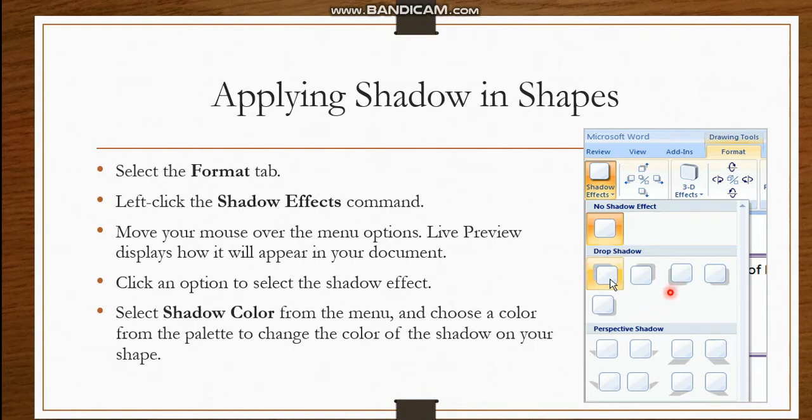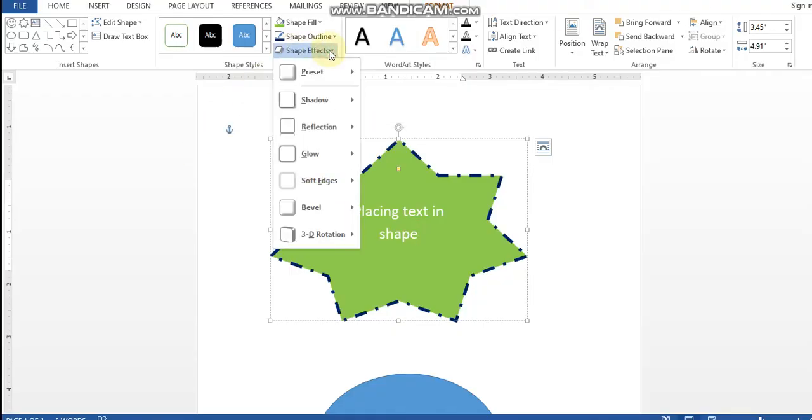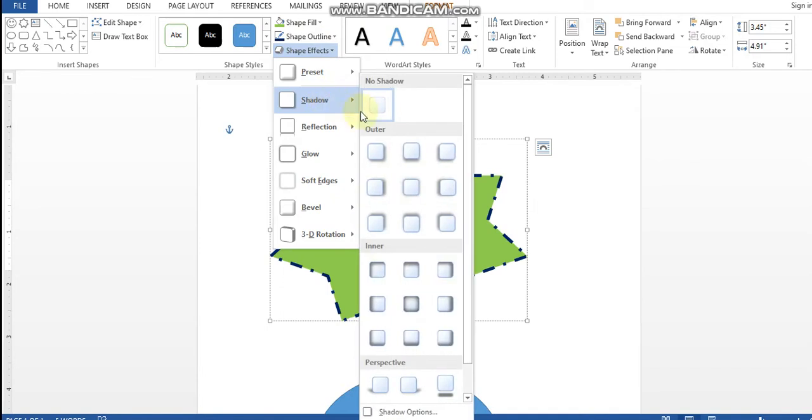It can be down here, in this corner, in that corner, or this kind of shadow you want, or this type of shadow. All these are the shadow effects that can be applied with the shadow tool. As it is in the shape effects button, you go to shadow and choose.